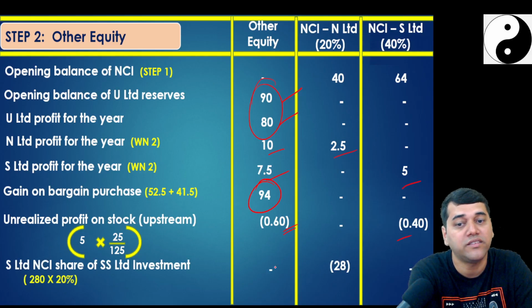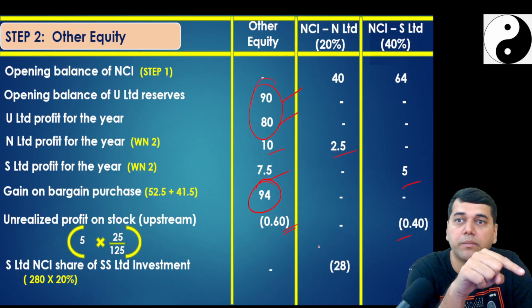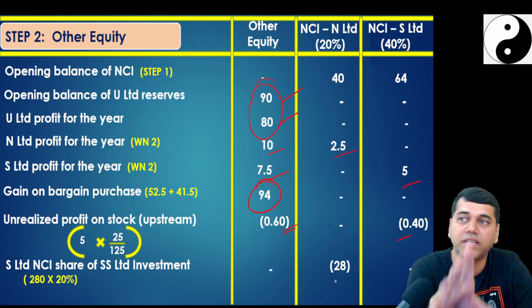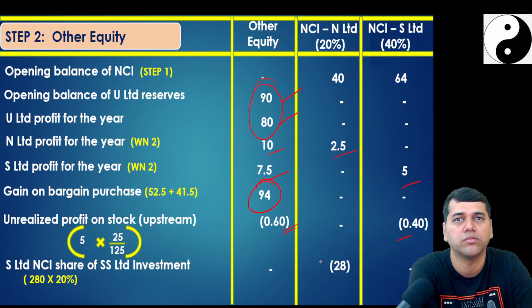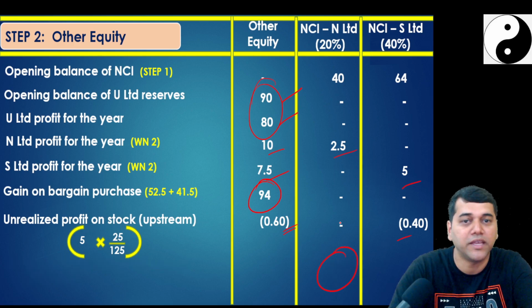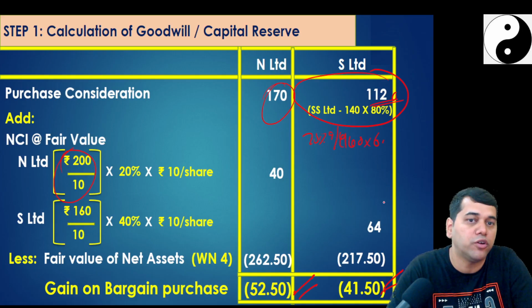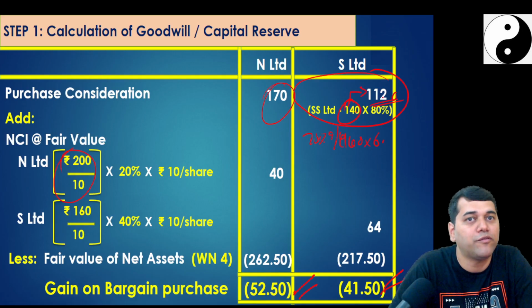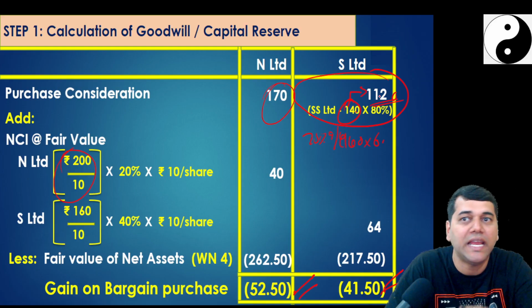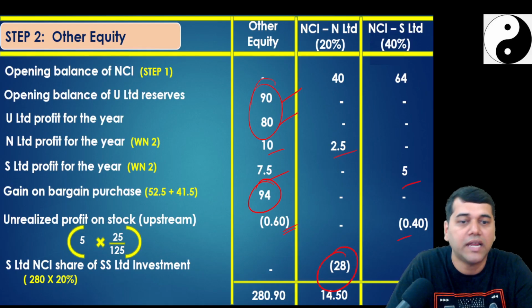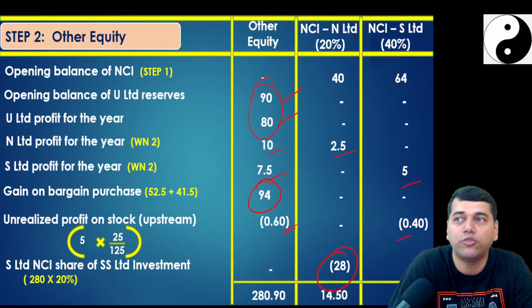And the last is the NCI balance, that 28 rupees which you reduce from the purchase consideration, that much you will reduce from the N Limited NCI. This is one adjustment, same amount. How much did you get here? It's the same thing. Like here, we should have taken 140, but we took 112. So the difference, that's why the balance sheet will not tally by 28. So that much NCA portion I will reduce here. And now my balance sheet should tally, because we have given both the effects.